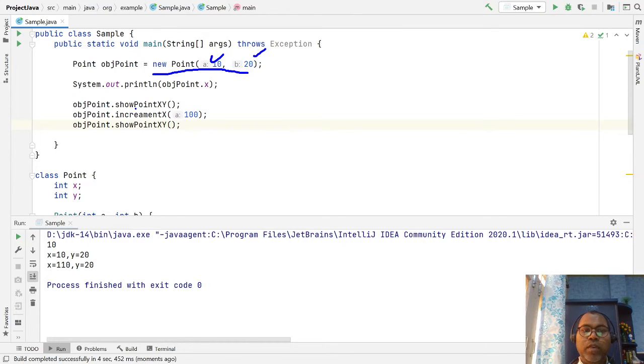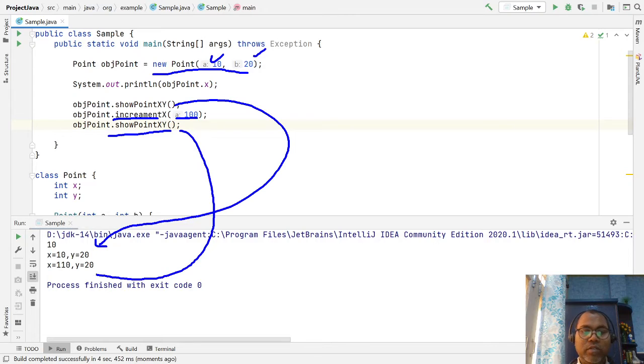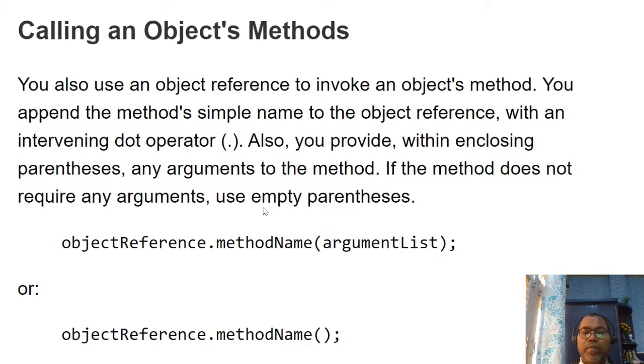Whenever you invoke show, it prints x and y, your 10 and 20. And now after that you invoke one method that takes one integer argument that increments the value of x, and after that you invoke show again, and your x value is incremented by 100.